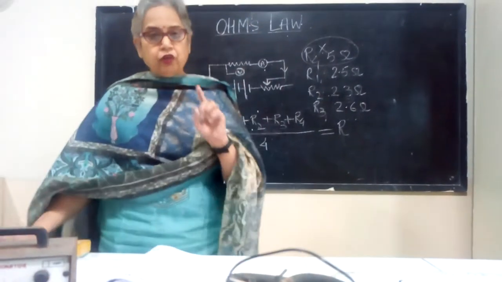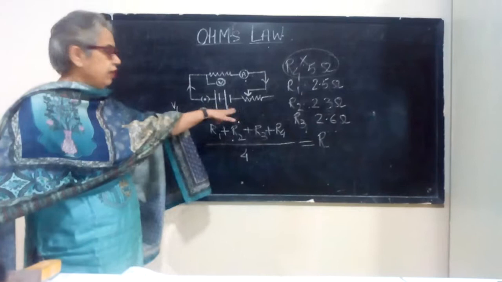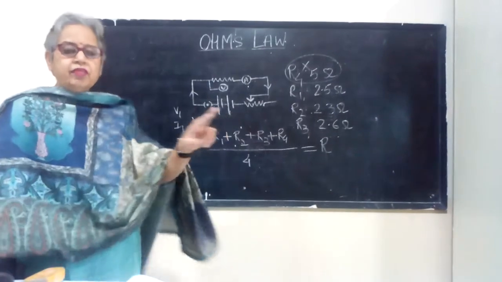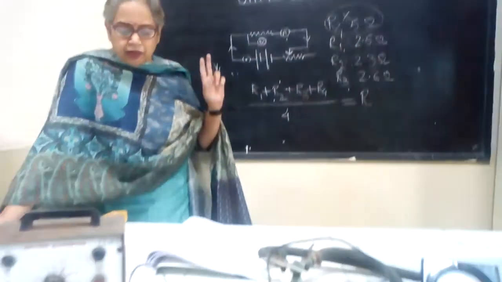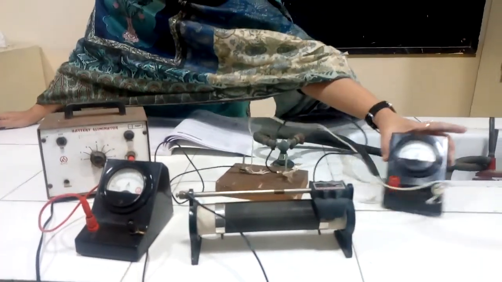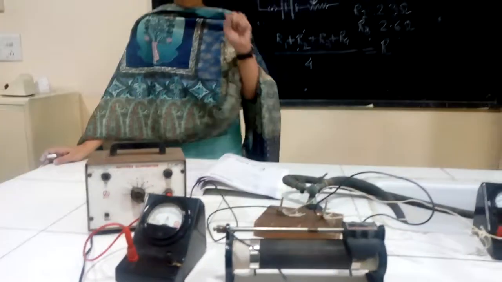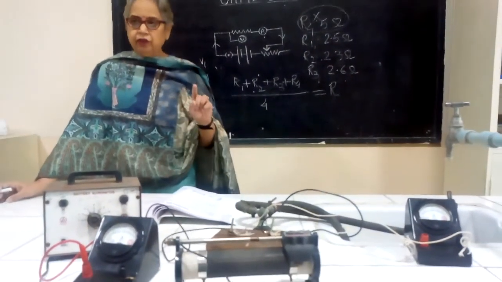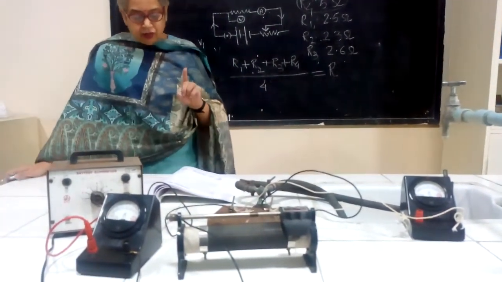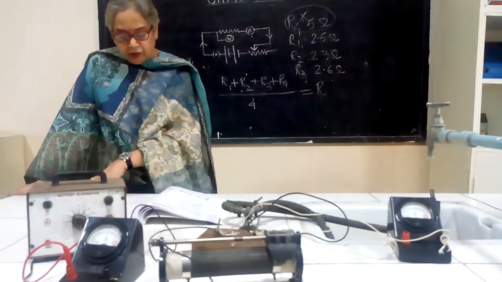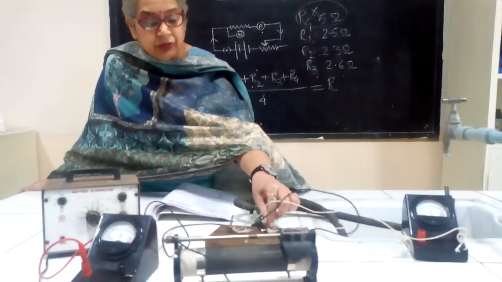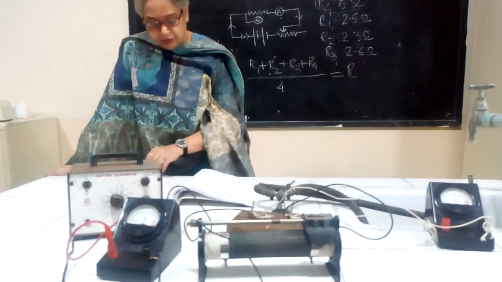So first of all, you have to arrange the circuit as shown in the circuit diagram, as well as you have seen in the experimental setup, and you have to connect them with connecting wires. Right, now the connecting wires should be as short as possible. The connections should be tight, very tight. Okay, the wire must be inserted properly in the terminal, and then the terminal should be made tight.